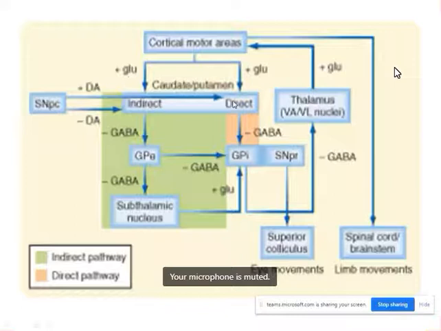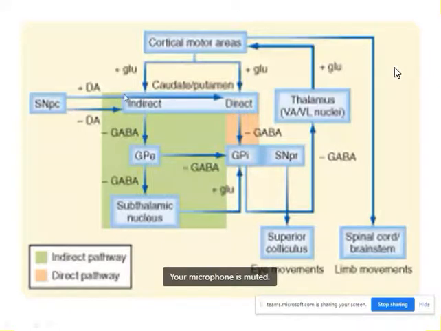Because they are producing the same type of neurotransmitter, that is dopamine, and they will have different action on direct and indirect pathway. Do you know why this same neurotransmitter is having different effect on indirect and direct pathway? Do you know, or they will have different action on striatum? Anyone can tell me?